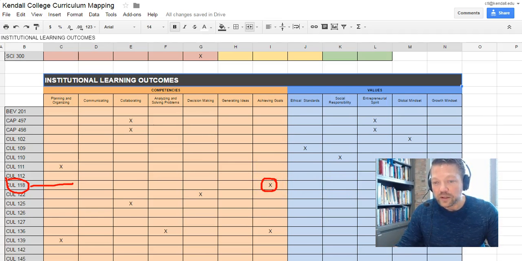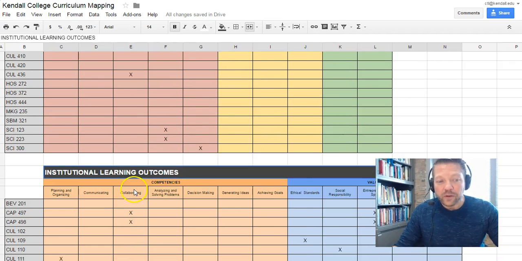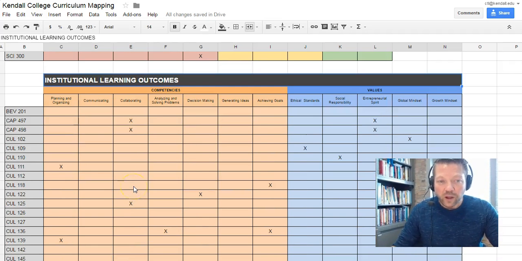I can also go across and see that global mindset is a value that has been mapped to my course. This information about program outcomes and institutional outcomes will help me to better think about what the takeaways of this course are. What is it that I should be focusing on in planning and as I design and develop the